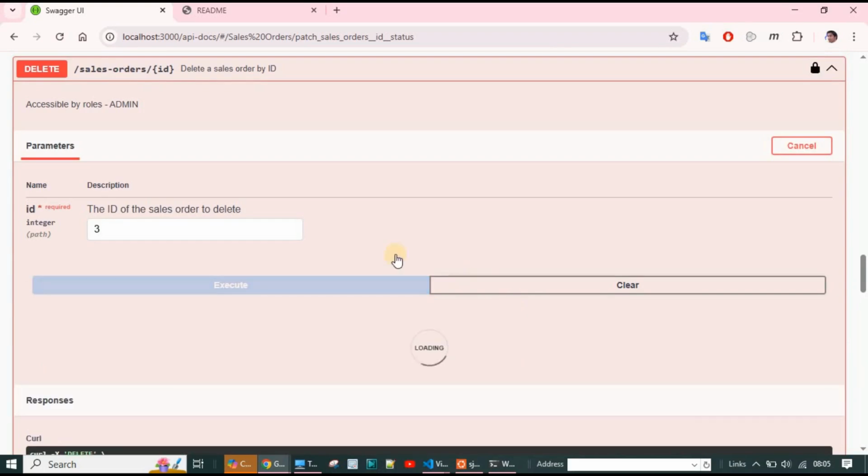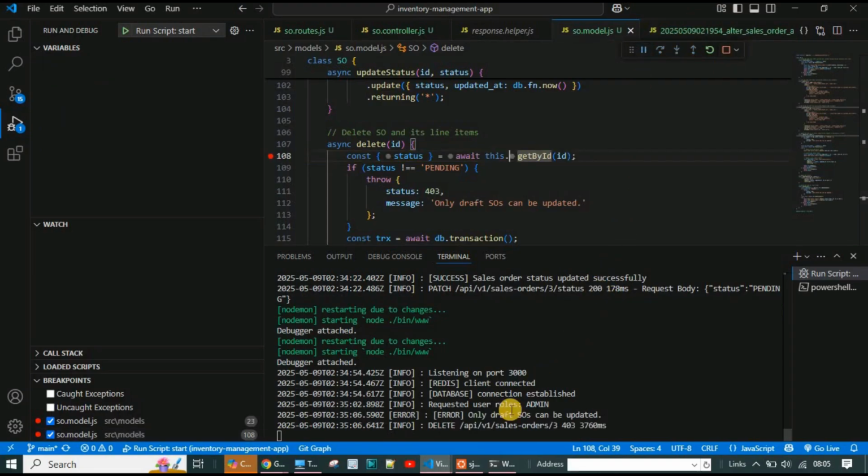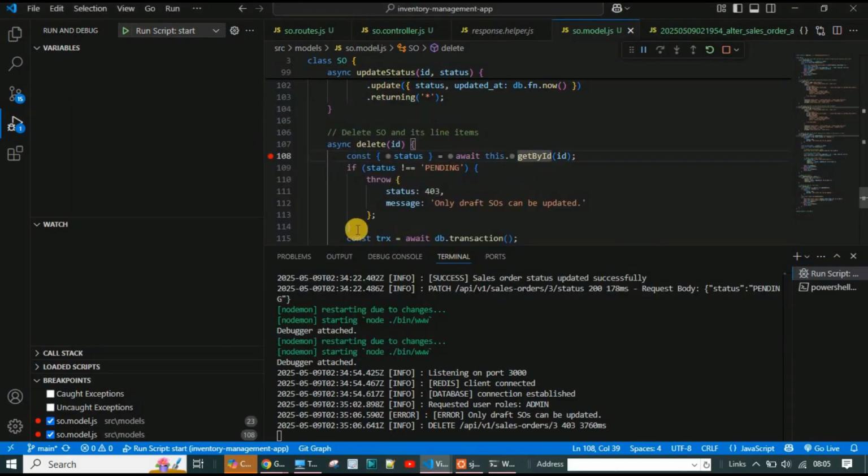Now execute it. Have the breakpoint. It's still